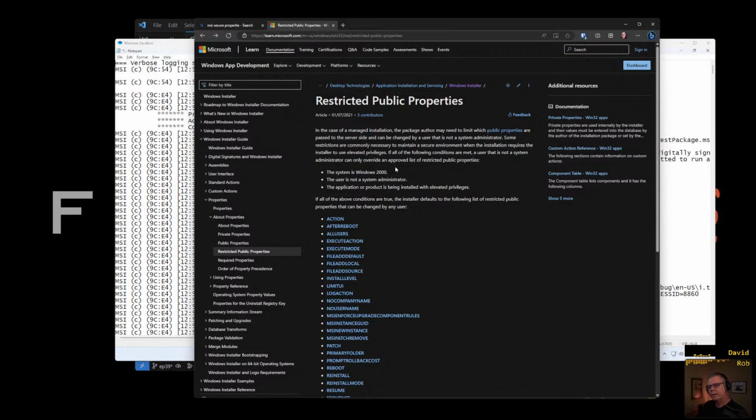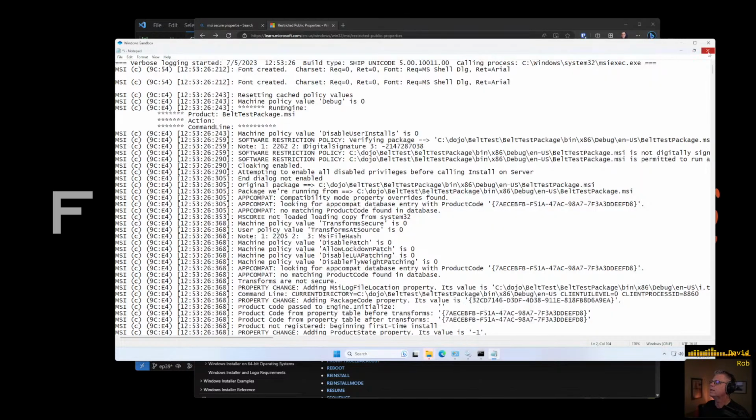So I may need to spin up a VM to reproduce this so that we can create a different user. Where the sandbox is really nice and lightweight, and it's elevated all the time, which is great for a lot of our tests. Here we actually need a test that we want to dig into a different user context, and the sandbox is not about that at all. The sandbox is you're just this special admin user across the whole thing. And so really what the secure element does is make it where you cannot change it, or you cannot modify that property. Correct. Unless you're...